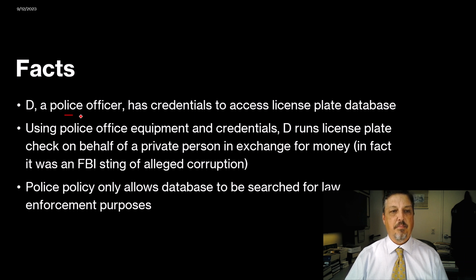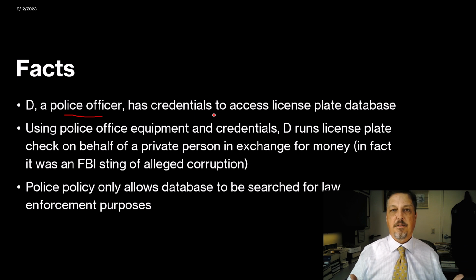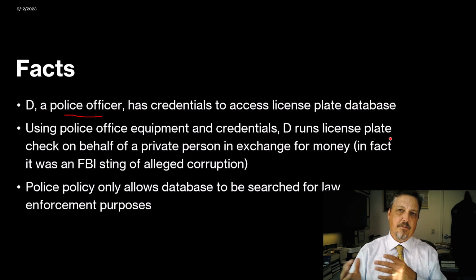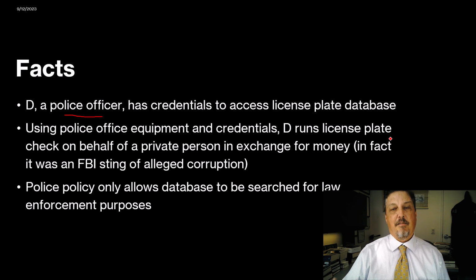So in Van Buren, we have a police officer. As a police officer, he has access credentials to the police system that looks up license plates. The police policy, of course, says he can use that in the course of his police business, trying to track down a hit and run or something like that. There's some suspicion that he's in cahoots with some kind of bad character in the area. The FBI gets involved, a little unusual, but I guess there's a suspicion of a potentially corrupt cop. The FBI sets up a sting operation, and indeed the guy falls for the sting.